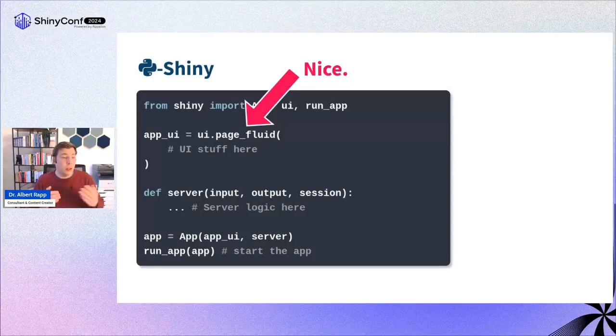Now, with R Shiny, if you're anything like me, you sometimes figure out, well, I want to do a drop-down menu. Can I do just input underscore drop-down? That would be really nice, but that's not possible in R Shiny. So that's why you have to kind of remember it is select input or selectize input. So with this naming convention, things actually got a little bit easier.